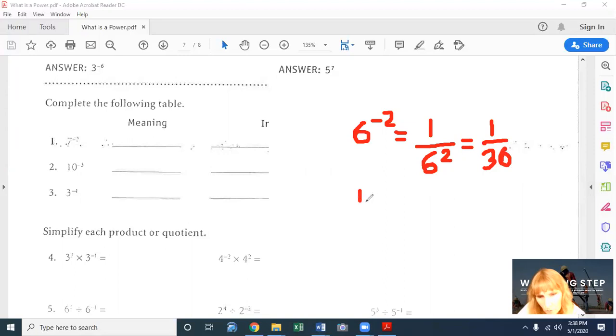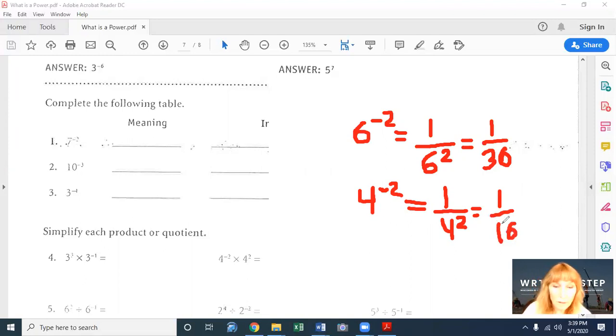What about 4 to the negative 2 power? What would that be? That would be 4 on the bottom of the fraction now, and make it a positive exponent, and it becomes 1 over 4 times 4, or 16, 1/16. So that's how you handle negative exponents. So let's take a look at this table here. We have, erase all this,